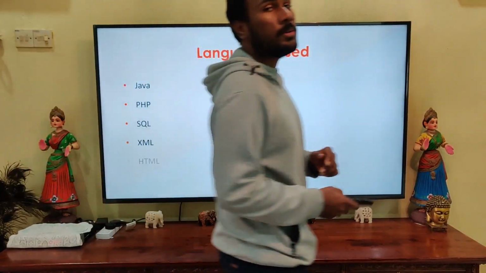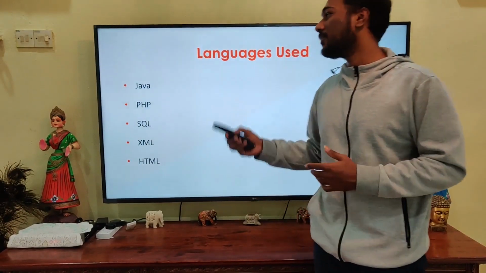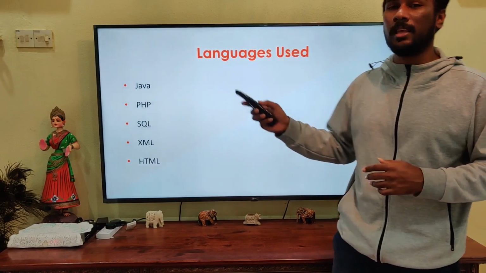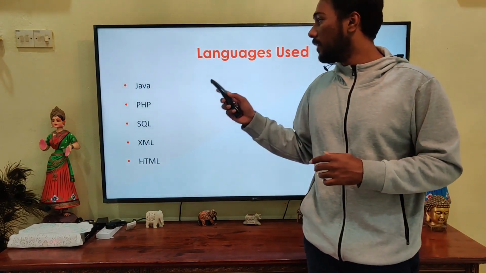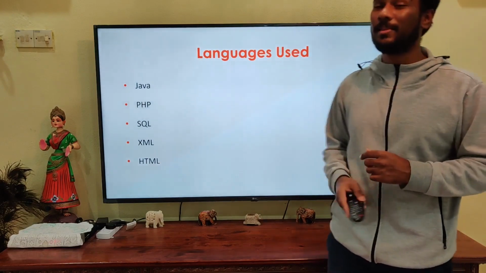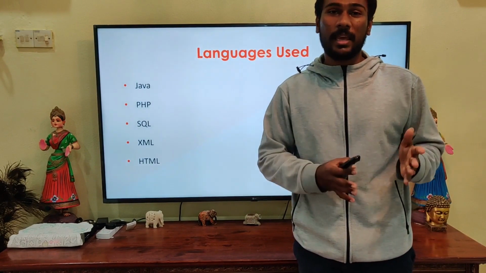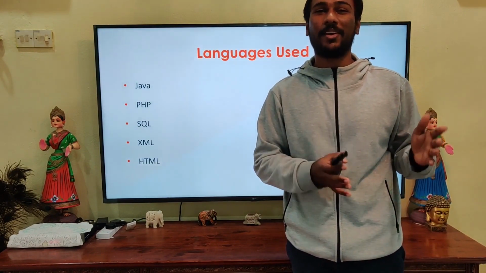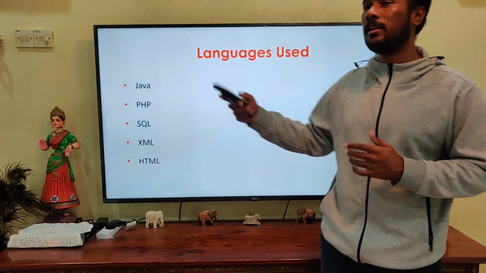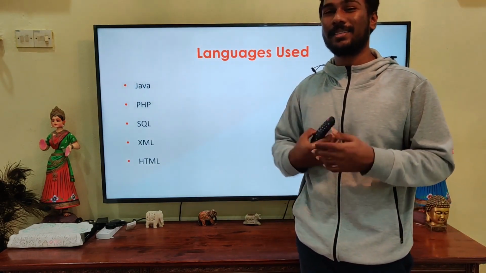Now let's talk about the languages that I use to develop this application. First off, mobile application, so Java is a must. All the functions handled in the mobile application is developed using Java, and PHP is used to develop the backend of the admin dashboard, and also all the APIs that handle the request and response for